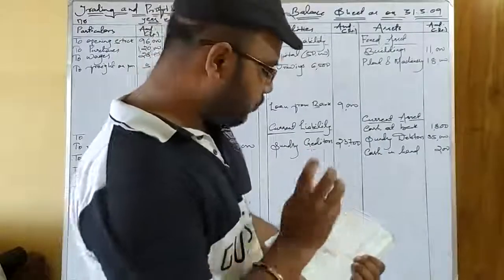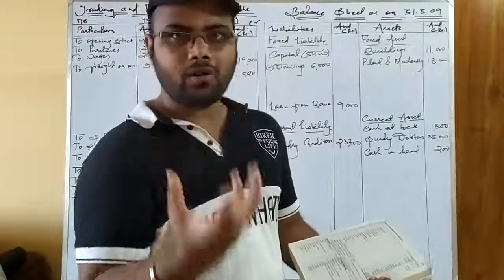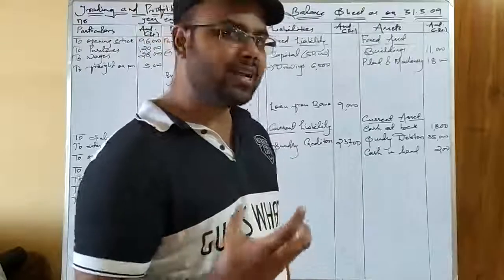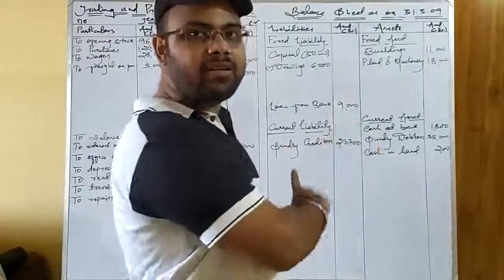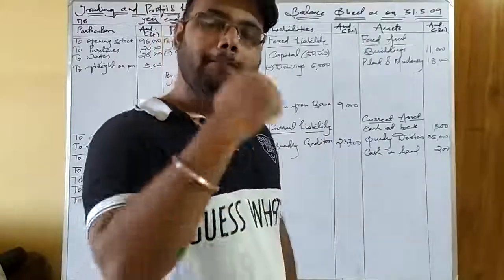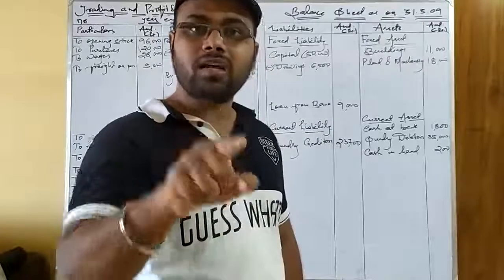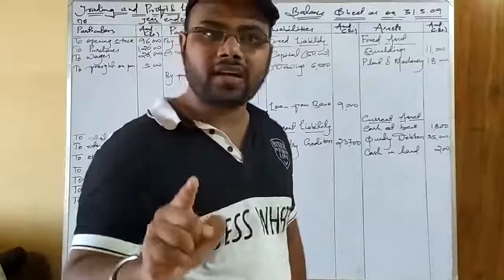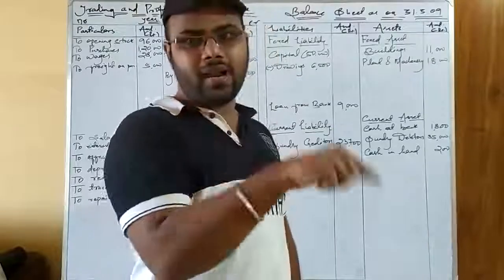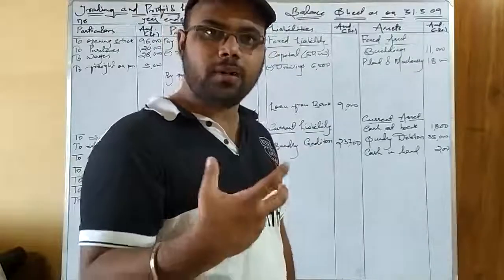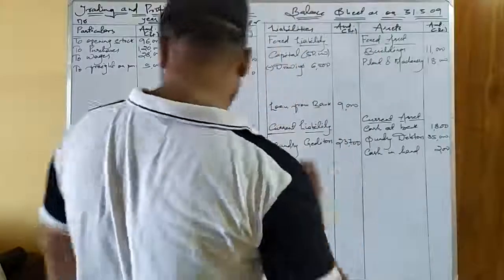Always remember, when you find an item like provision or reserve for doubtful debt or bad debt, always subtract those contingent liabilities from the concerned asset. Never treat it on the liability side of the balance sheet, because I told you the reason. Being a liability, it is not shown on the liability side of the balance sheet because it is not certain, it may take place or may not take place. So till then, to which asset does it belong? It will be deducted from those assets. Okay.